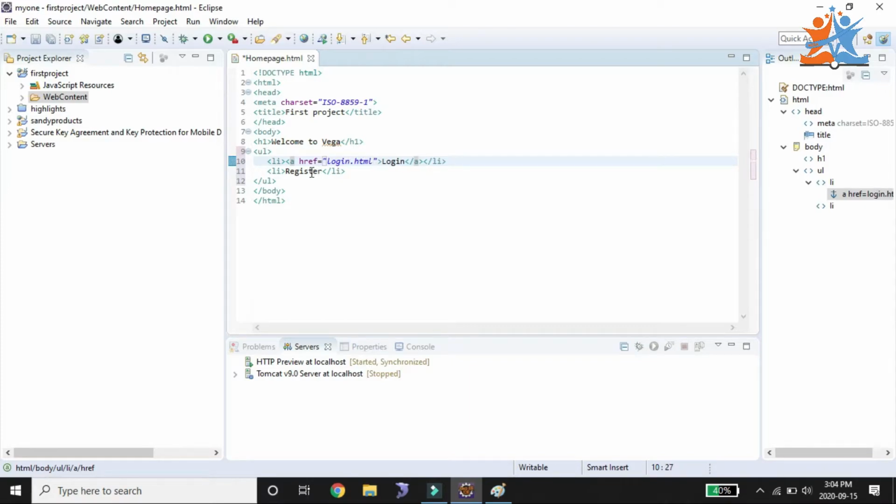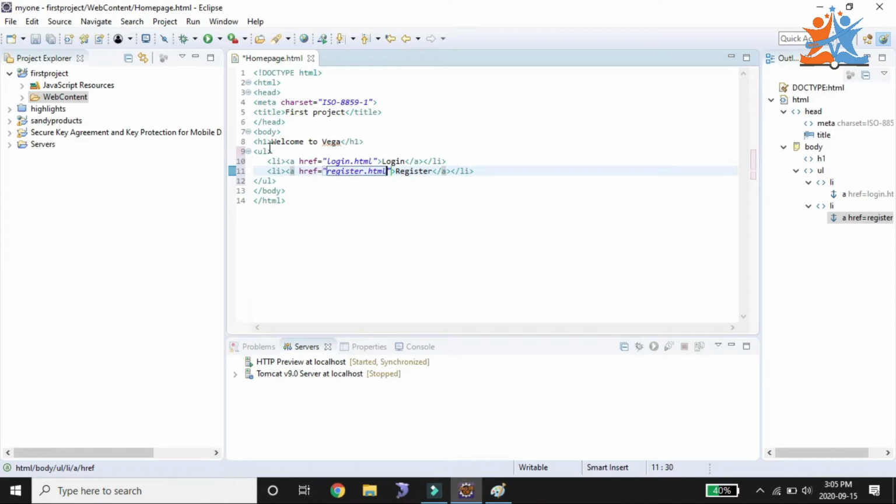The same thing I apply for register also. Here I am using an anchor tag. We have to close this anchor tag after register. Inside the anchor tag we require href. Here register.html we are passing. Okay, fine.